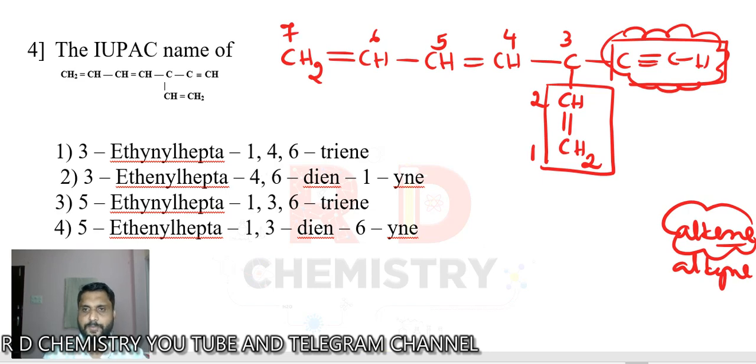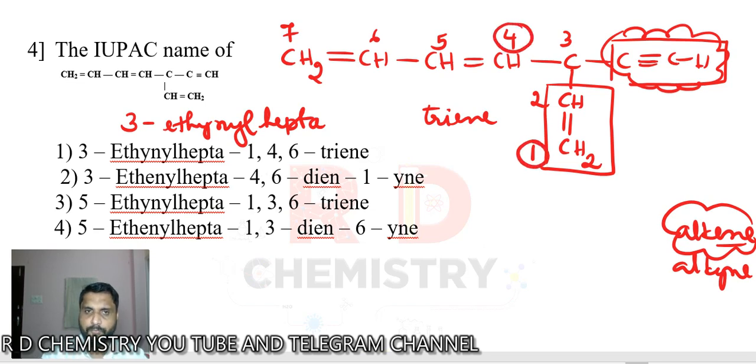So let me start with the substituent. On the third carbon a substituent is there. What is that substituent? It should have been like ethyne, so it is called ethynyl, alkenyl type. Then in the longest chain, how many carbon atoms are there? 7 are there. Heptane, heptene, heptyne. How many double bonds are there? 3 double bonds. So hepta, triene with the numbers. Double bond is at carbon number 1, and double bonds start at carbon number 4 and carbon number 6. So 1, 4, 6 it should be. Clear? So therefore the answer is option number 1.